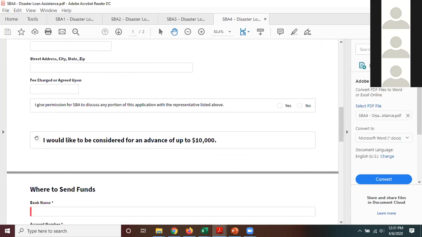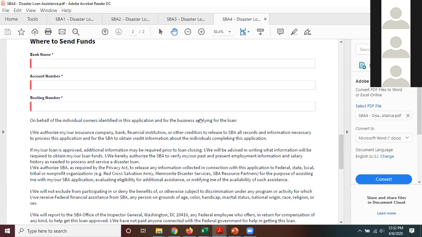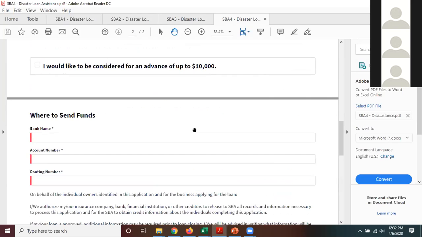Now here's the additional piece that was added onto the program, the advance of up to $10,000. Make sure you check this box for this application. What this is designed to do is get some money to a business quicker to start the funding process. So this would be an advance of the total EIDL loan that you would be applying for. If you apply to the program very early and this checkbox wasn't there on the original application form, you do have to go back and apply again and make sure this checkbox is checked there if you are looking for that. It will ask you for the bank name, the account and routing number so they can make that advance quicker. So that is the fourth page of this disaster loan application.